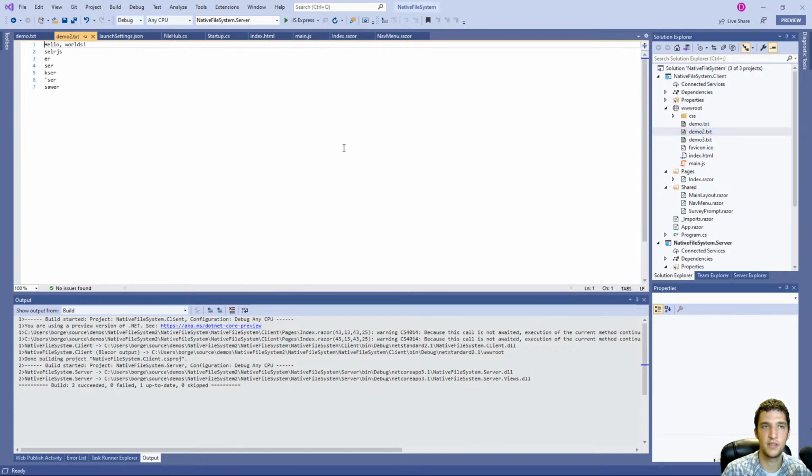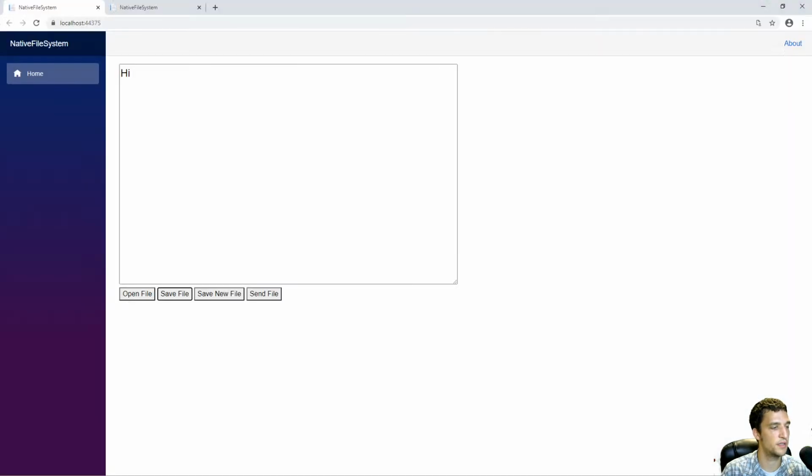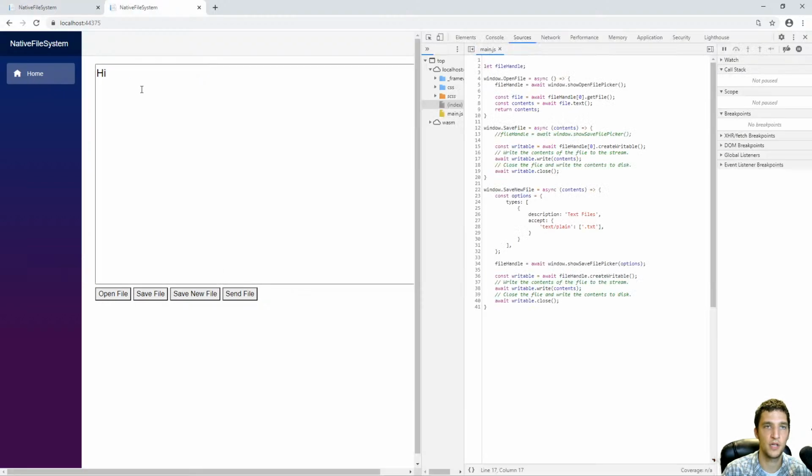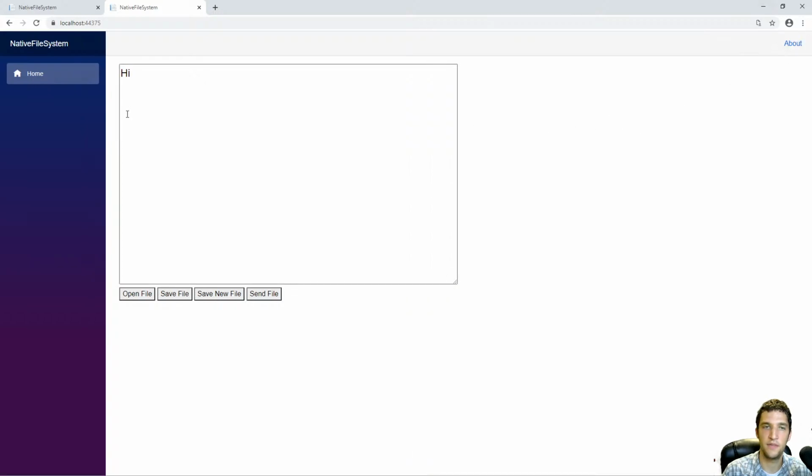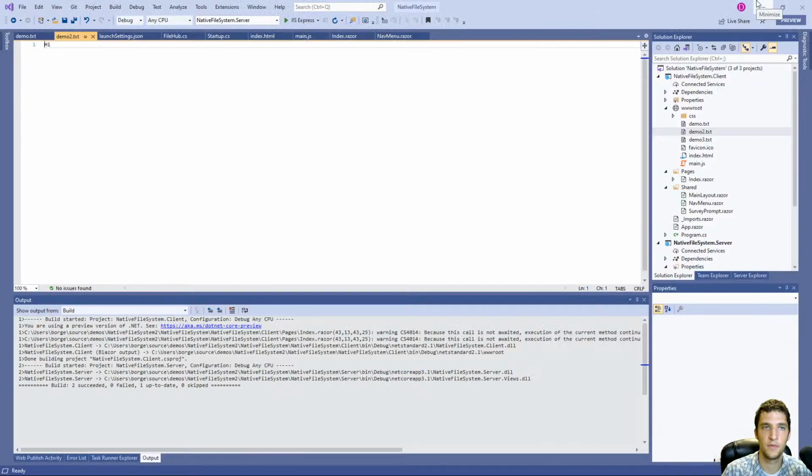The other one still has all this other junk in there, so let's go ahead and send this file over to the other screen. Okay, so now it's over here on the other tab. I'm going to close this down for now. And if that worked, it should have automatically saved the file. And you'll see that it has. So we're able to send files back and forth to each other and automatically save them to their computer,